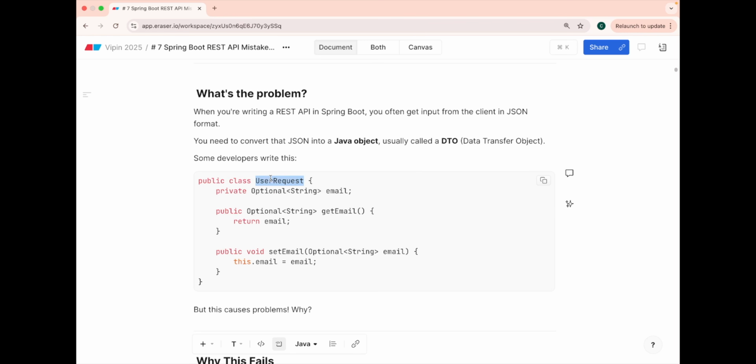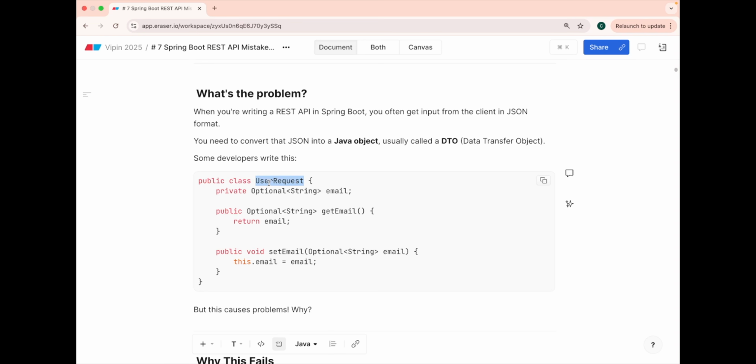Suppose there is a user request coming from the UI. Your front end sends you an email. What if the person, while registering, sends you an empty email? So the first thing you say is, oh, I'm using Java 8, I should use new features. Let's put the email as Optional of String email. So if the user sends me an empty email in the user request object, I would deserialize it to Optional.empty so that I do not get a NullPointerException.